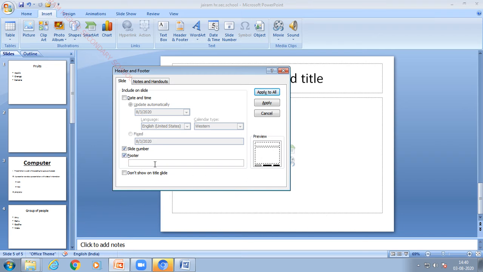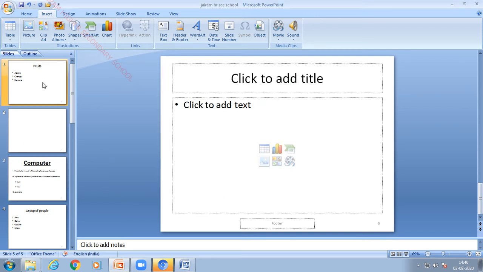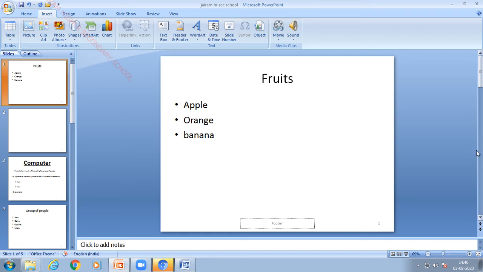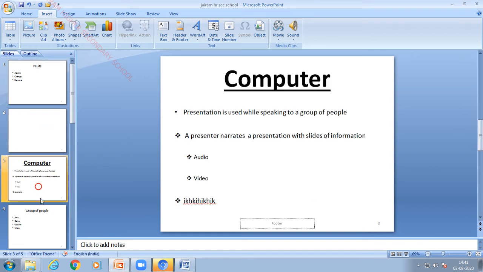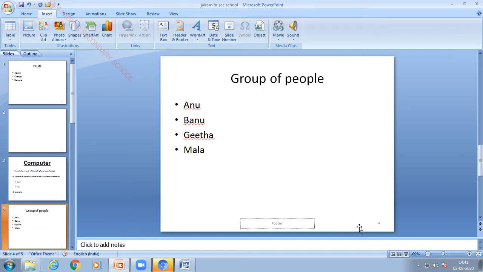Where you want to display the page number, footer or header, you can choose as you like. So I am selecting footer, so the number will be displayed at the bottom area. Select footer, then Apply to All. Can you see the page number displayed at the bottom of the screen? This is the way you can insert a page number for each slide.